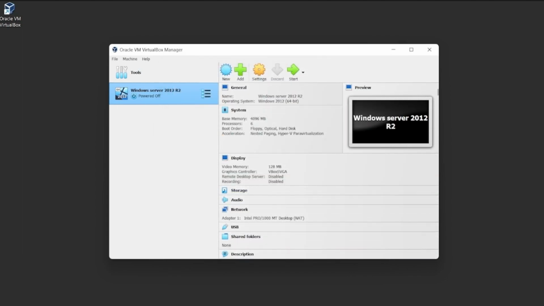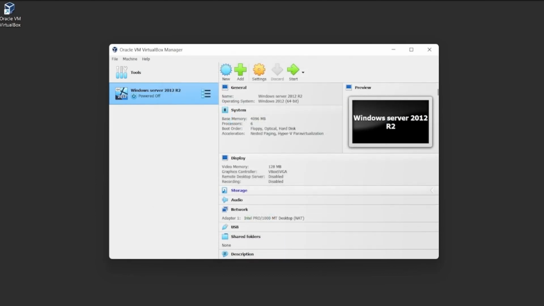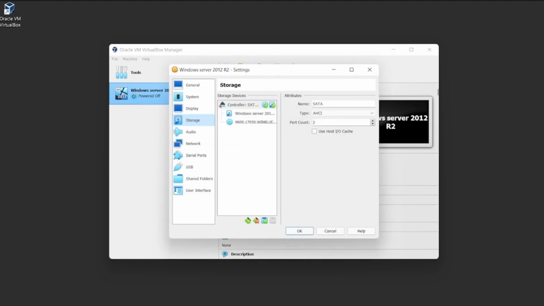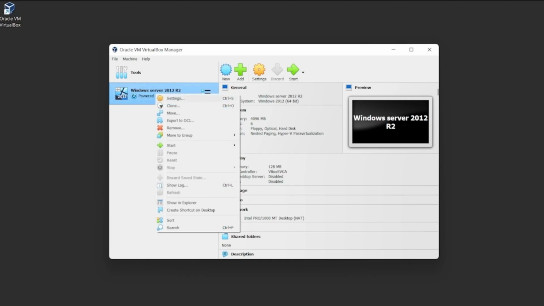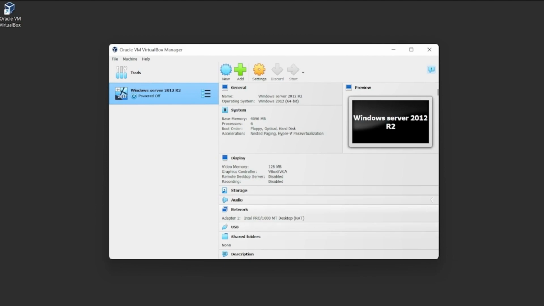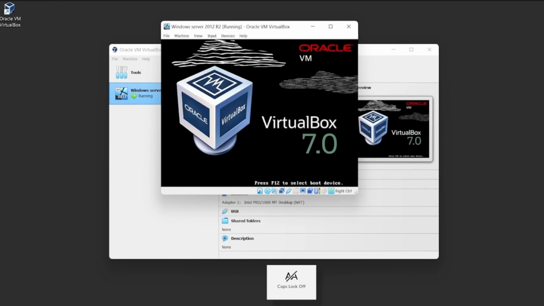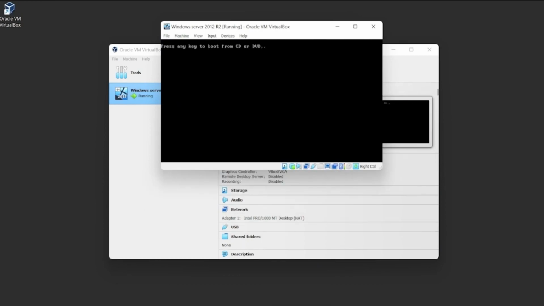So let's double check everything. Yes, let's double check again. So now let's select normal start by using right click, normal start. It will take some time. So now it's finished loading. Let's press any key,